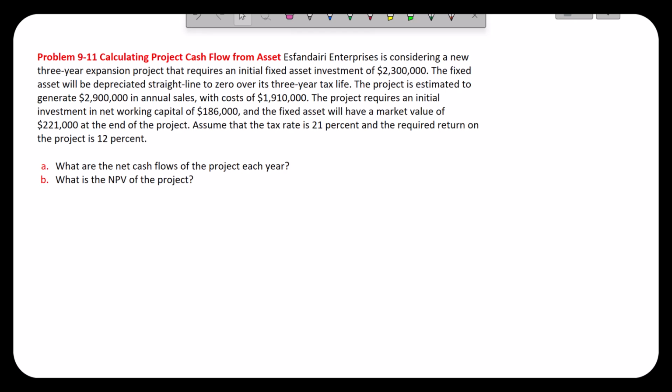Assume that the tax rate is 21% and the required return on the project is 12%. First, what are the net cash flows of the project each year? Then, what is the NPV of the project? First of all, let's calculate